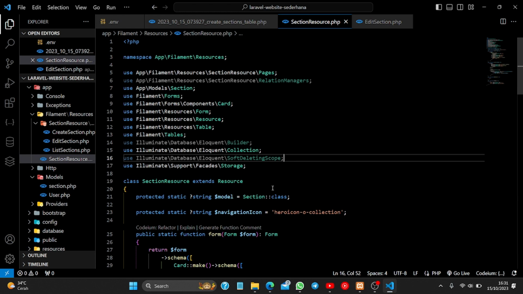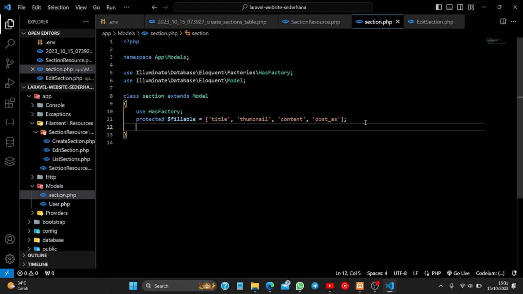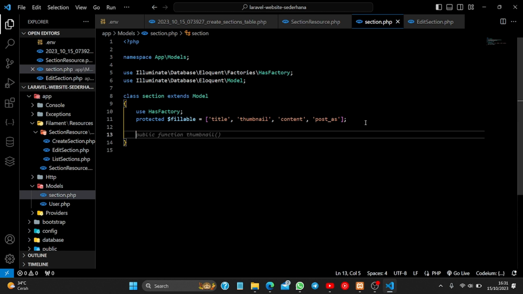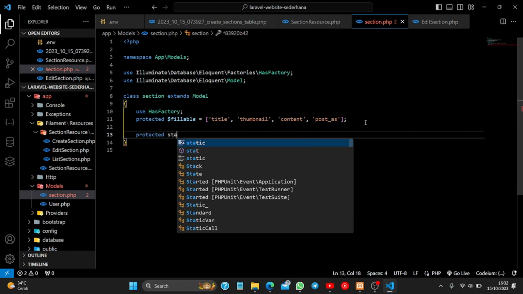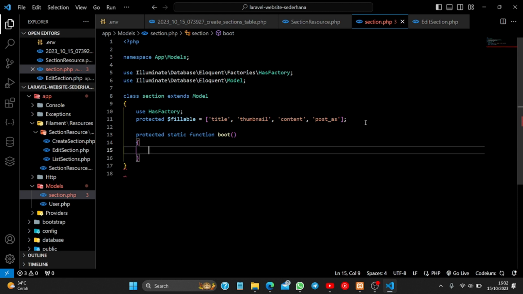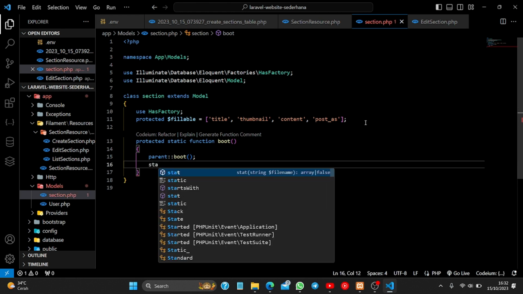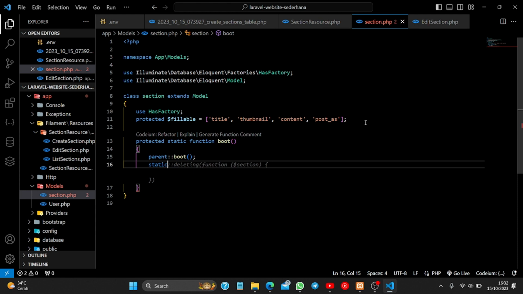So you can go to section.php, where is this section.php, and then you can add protected static function boot, and then parent boot, and